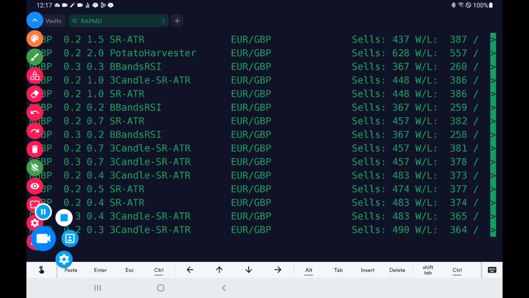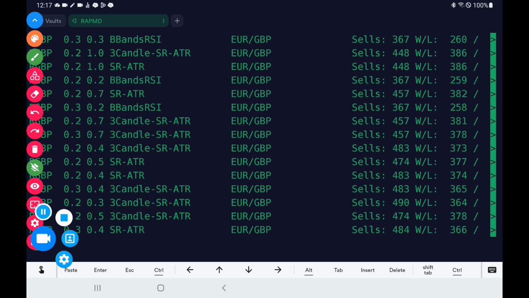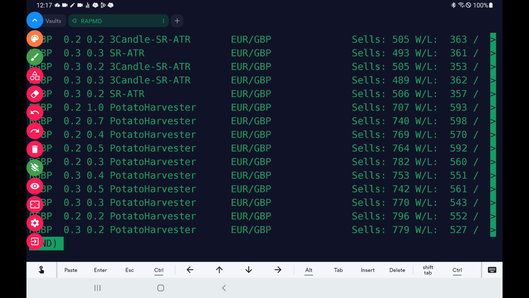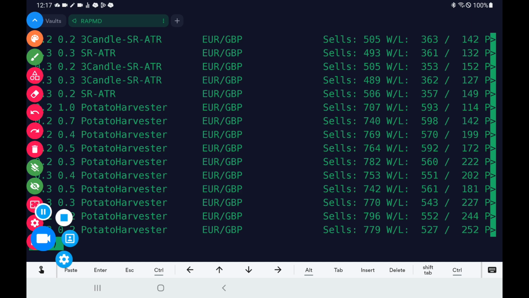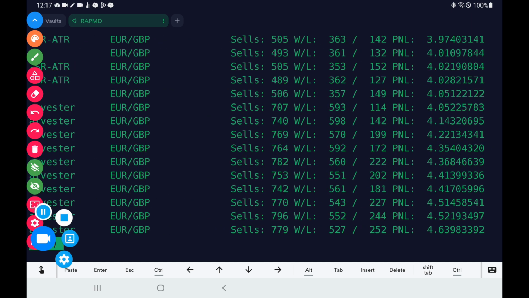So let's get down to the highest and most important trade. The one that brought in the most. Let's see where it sits. Okay, right now that is potato harvester at 0.3% take profit to 0.2% stop loss. That is quite significant. It's very good. It's a slight positive reward to risk ratio. And let's see what it does. It's done